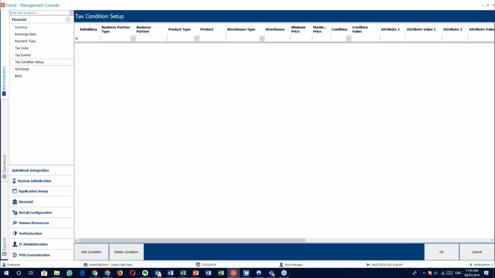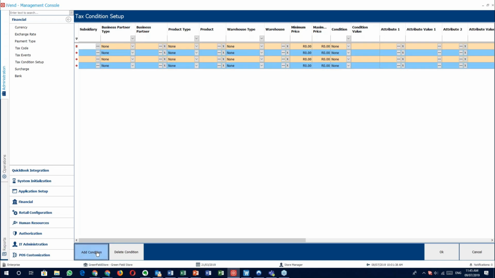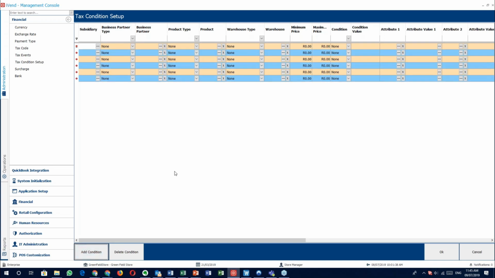Beyond that, there's also tax condition setup. Now, the tax condition setup is one of these things that I kind of mentioned earlier with the US and places like Denver, Colorado, where they've got like 8 different factors that determine which tax you use, at what time, at what place, at what angle of the moon. Seriously, it's bizarre. But with this, you can say which subsidiary